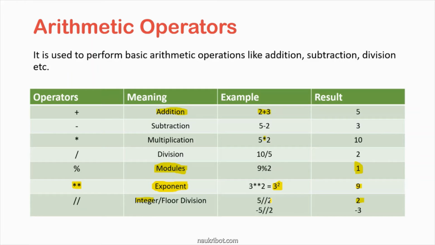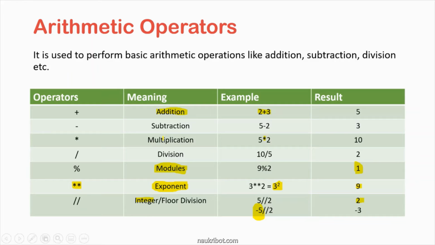And if I divide a negative value by any number, what will happen? After dividing, if I convert that division into decimal form, I get minus 2.5. Python will automatically round this value down to minus 3. So I'll get minus 3 in the negative division. Now I will show you all these operations practically in our Python compiler.